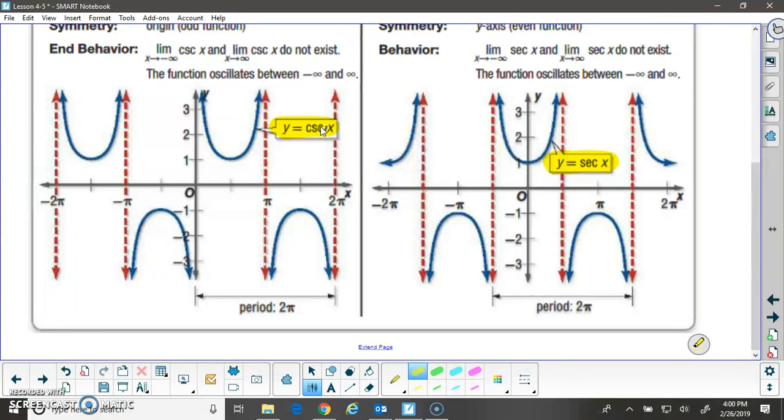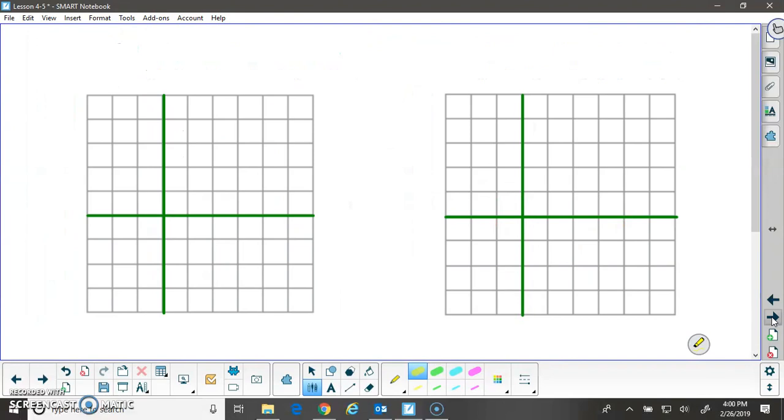The period on both of these is 2 pi. So you can see that the asymptotes are separated by a distance of pi. However, the period is 2 pi. So one cycle is a U-shaped curve going up and a U-shaped curve going down. So let's talk about graphing just a basic